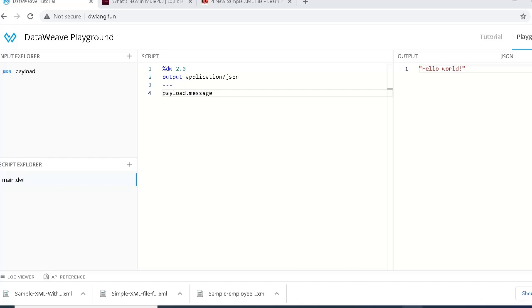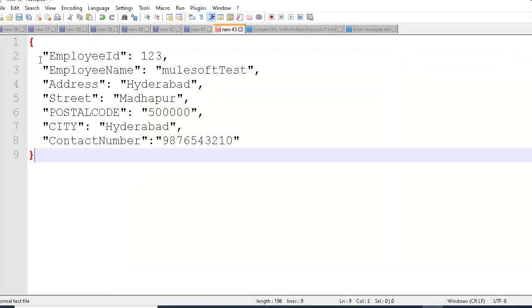If you want to fetch only the keys of a particular array or object like this, you can use the namesOf function in a simple way. And if you would like to get the keys and values of this particular object, you can use the keysOf or namesOf function, which is newly available in DataView 2.3.2.